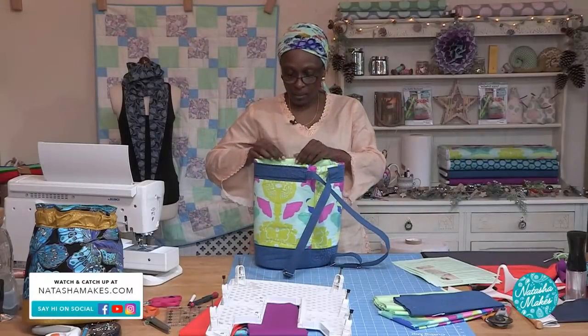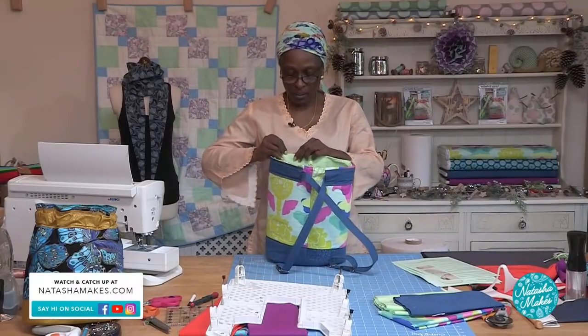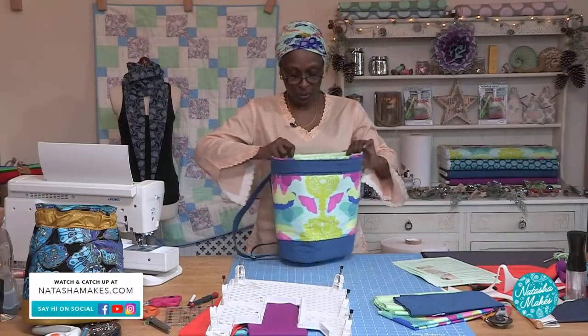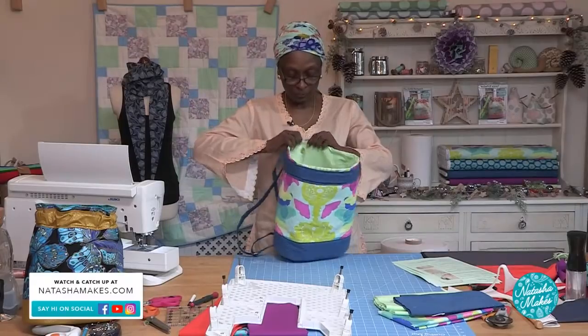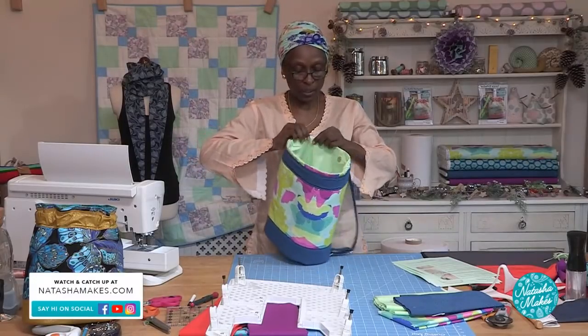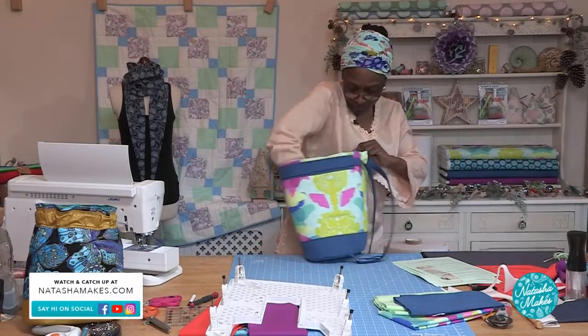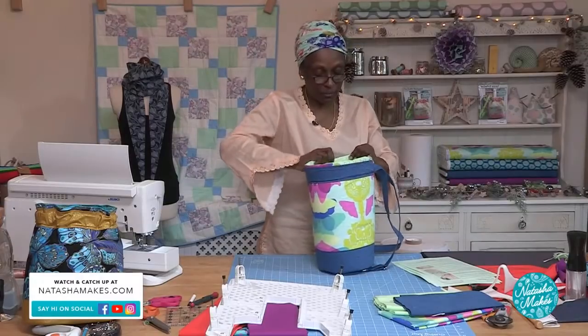And then the last thing we're going to do is top stitch 1/8 of an inch at the very top. It just helps if it ever has to be washed or anything like that. Yes, because it keeps the lining in place. It keeps the main bag itself in place. If there's any wadding in the middle, it keeps it all